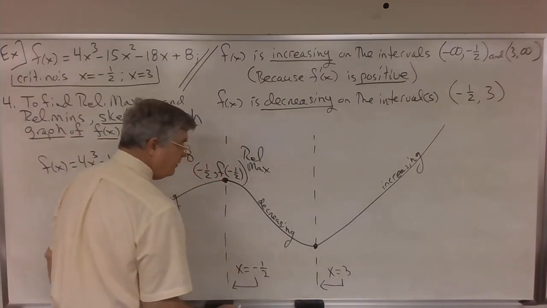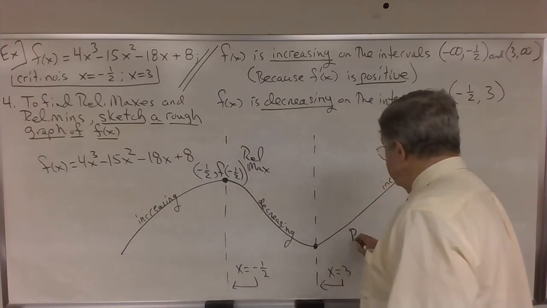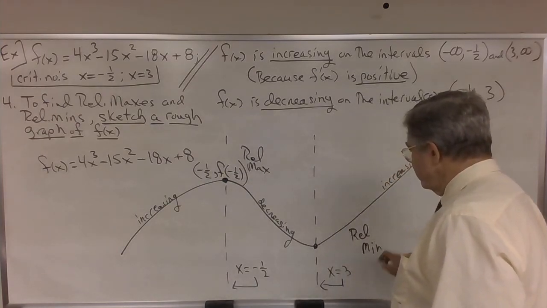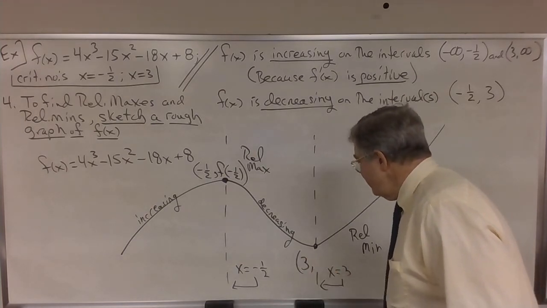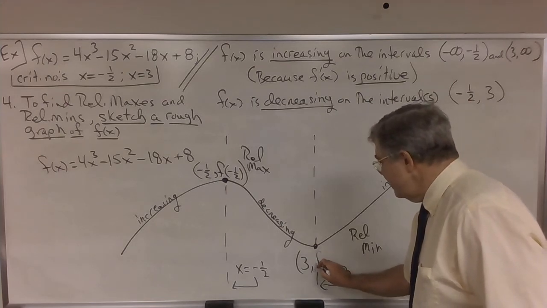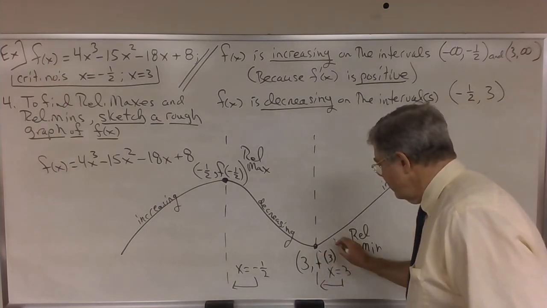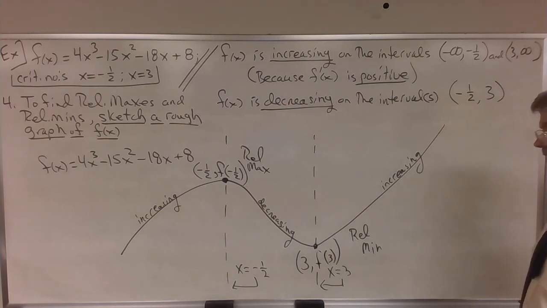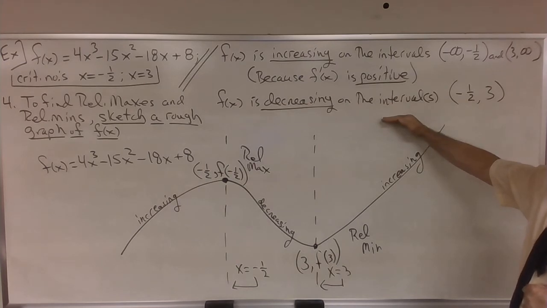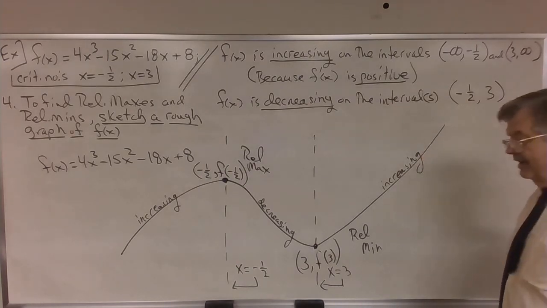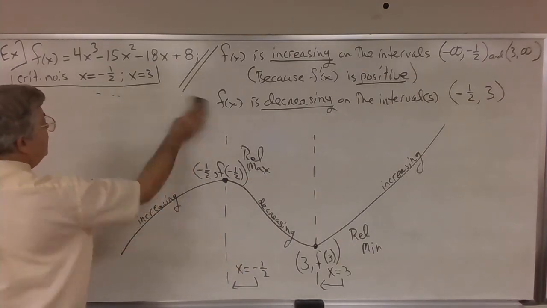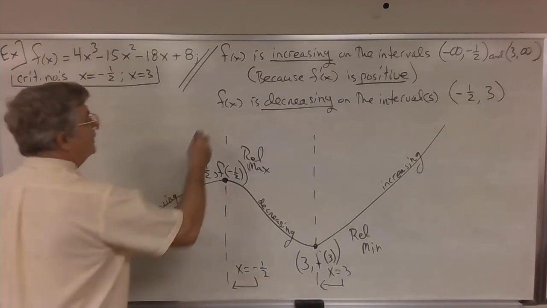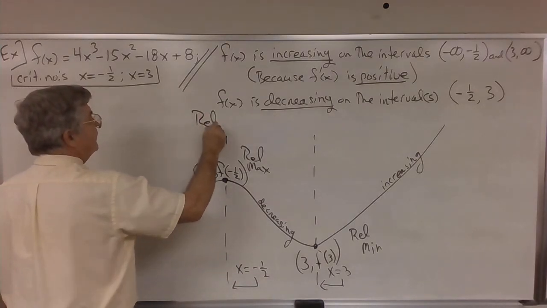And here's a relative min. It has to be a relative min. And at this point, x is equal to 3. And the y coordinate is f evaluated at 3. Now all I have to do is formalize this. I'll put this in my box of answers, and I am done. So let's see, what did we find out? Relative max,